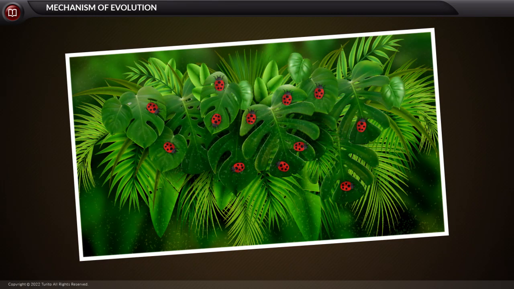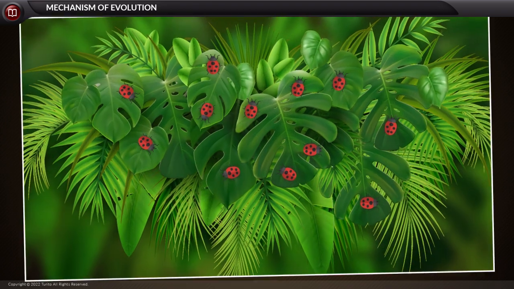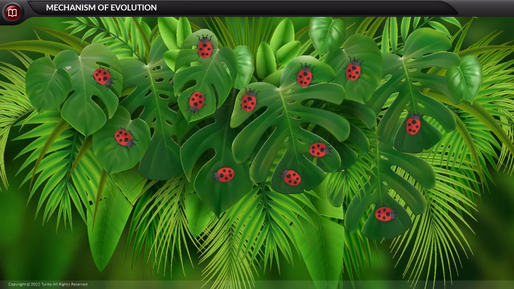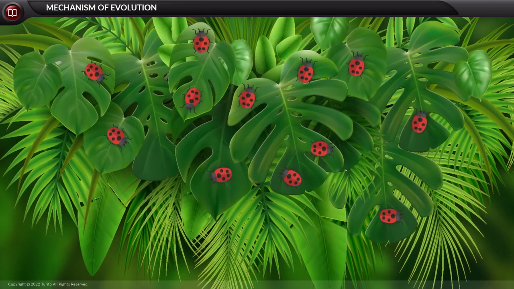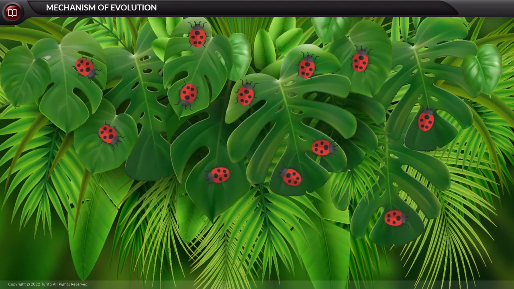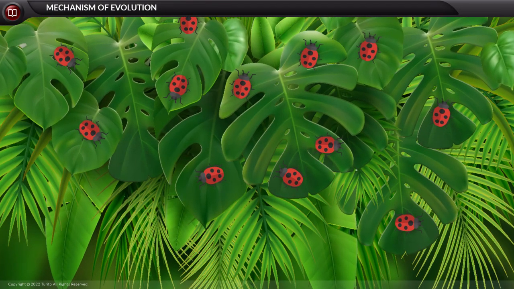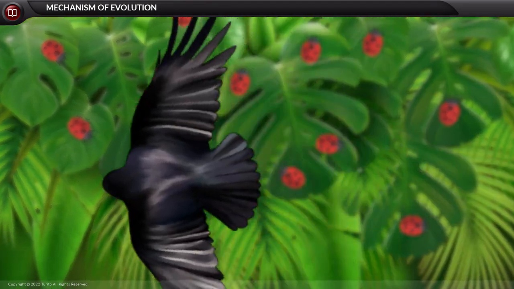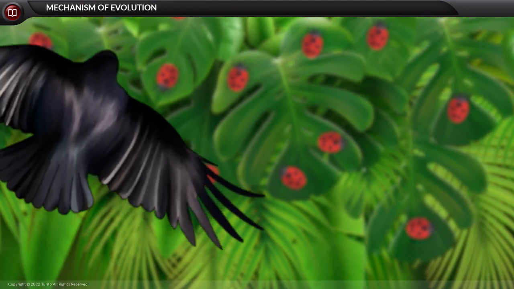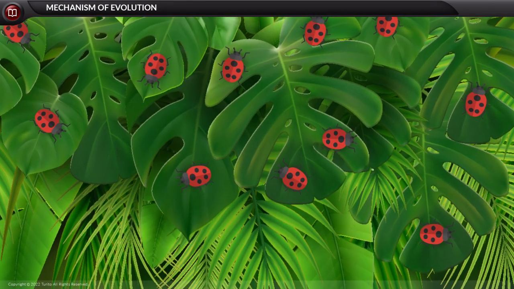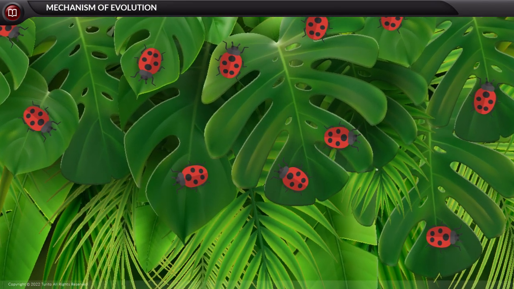Going ahead, let us understand an illustration to look at some consequences of variations in an attempt to explain how evolution occurs. Consider a group of 12 red beetles and assume that they live in bushes with green leaves. They undergo sexual reproduction and consequently generate variations. Now imagine a large number of beetles were eaten up by crows and hence fewer are available for reproduction. Moving forward, we will consider the following situations and understand the mechanism of evolution.